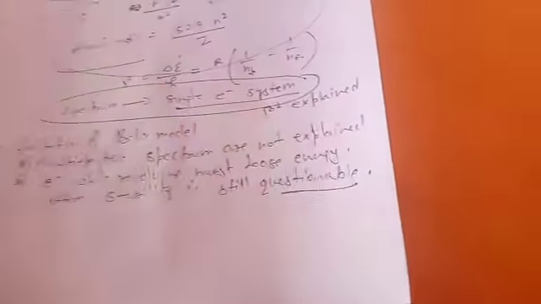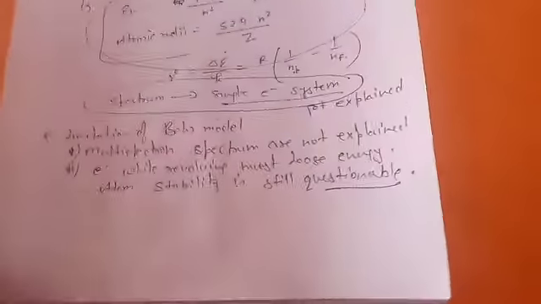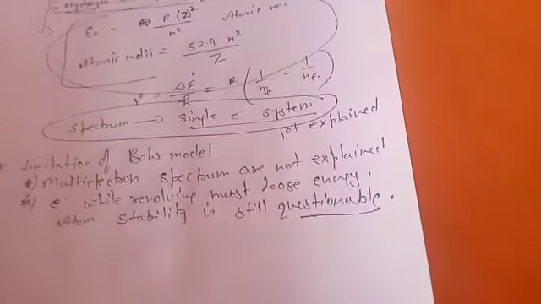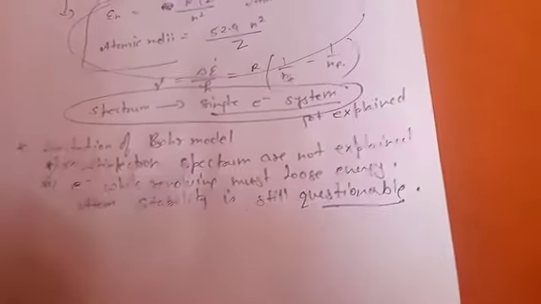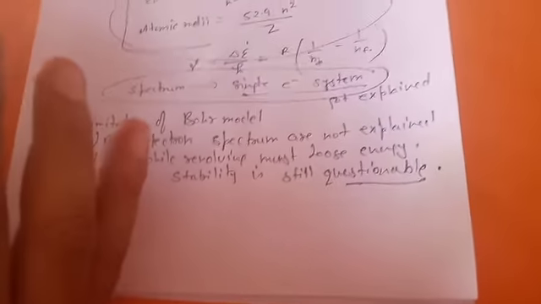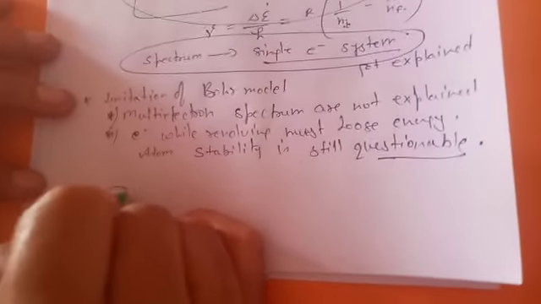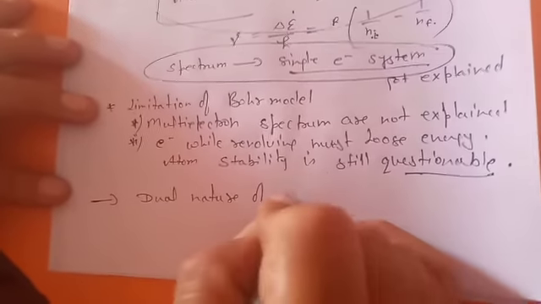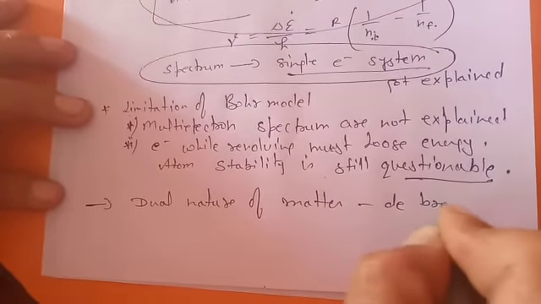Some more things about the Bohr model. There are some experiments carried out by scientists that also prove that the Bohr model is still not able to explain those phenomena. Which ones are those? First one is the dual nature of matter, given by whom? De Broglie. De Broglie is the scientist who gave you